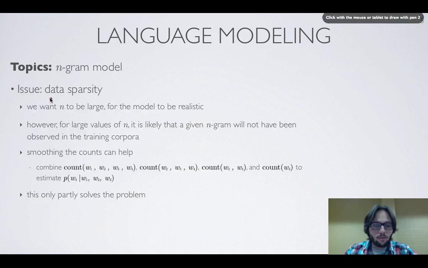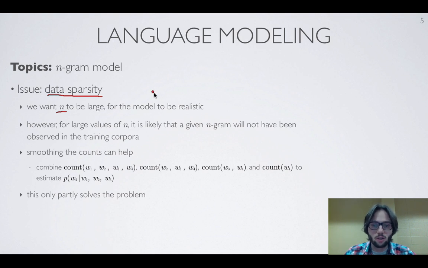Now, n-gram models have one particular problem or challenge that they have to face, and it's the problem of data sparsity. If you want a good model that's accurate, that is close to reality, really what we want is n to be as large as possible. Otherwise, for instance, for n equals 1, we're actually assuming that all the words are independent, because the n minus 1 previous words, that's 1 minus 1, that's 0 previous words. So we're conditioning on no words before any word when we're modeling the probability of each word in the sentence. So effectively, we're considering that all the words are independent in the sequence, which is, of course, a very